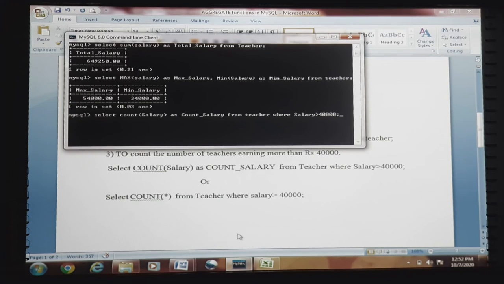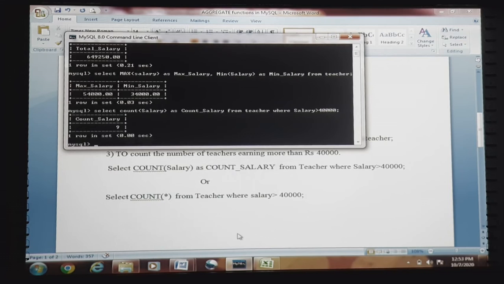We are applying the count function to the salary attribute, and with a new name a new field will be generated from the teacher relation, where all the salaries with more than 40,000 value will be counted. So let us execute it.